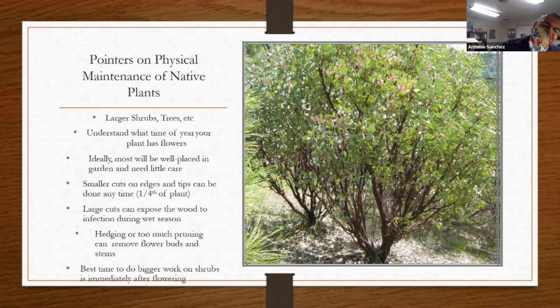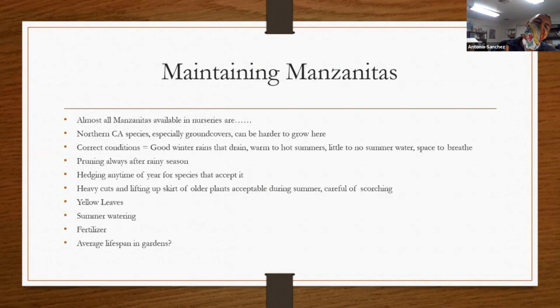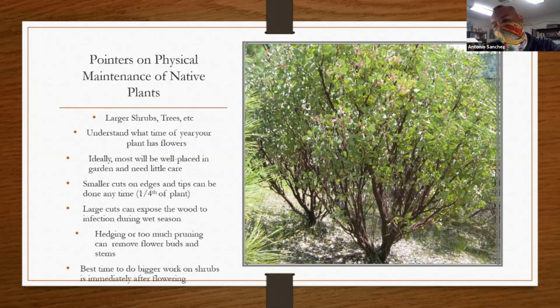So larger shrubs are fairly easy as long as they're flexible, right? So if you understand that you have a flexible larger shrub like toyon, elderberry, saltbush, mountain mahogany, these plants can be maintained fairly easily any time of year. We want to save the big cuts for after a plant flowers. And manzanitas, hopefully we don't need to do anything to manzanita. Let me go back to this. This is a manzanita. Hopefully you don't need to do anything to manzanita because it's so beautiful on its own. But if you need to do stuff to manzanita, again, after they flower,